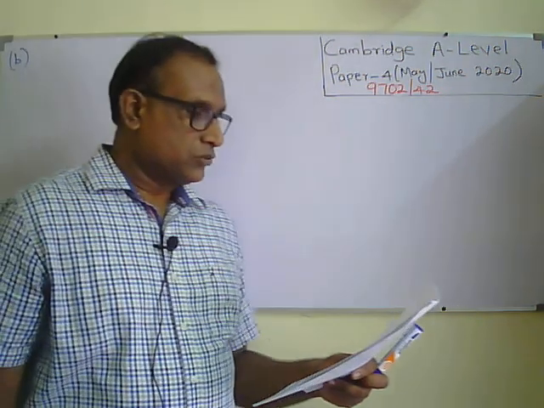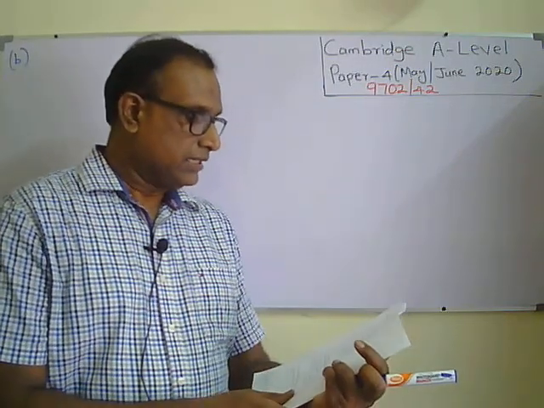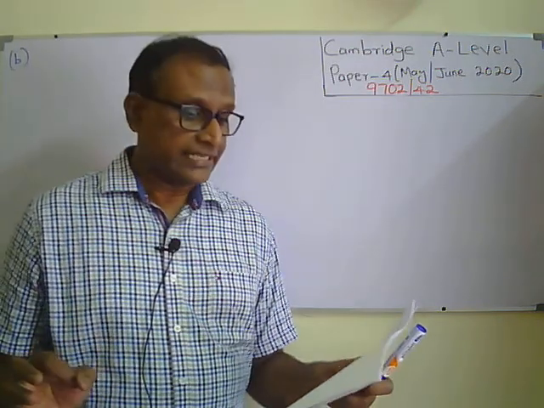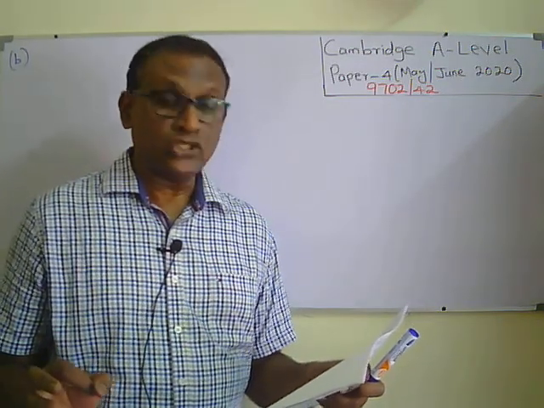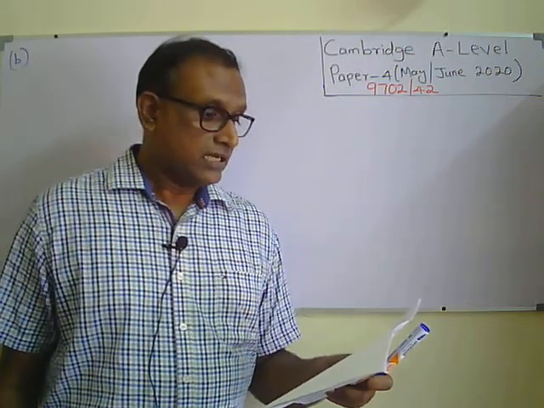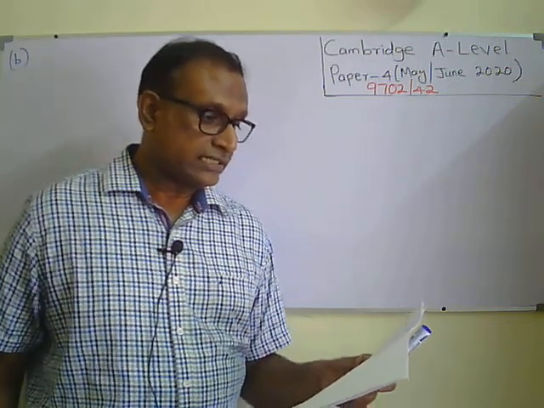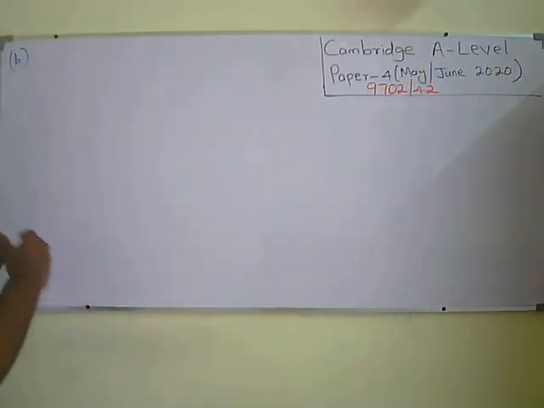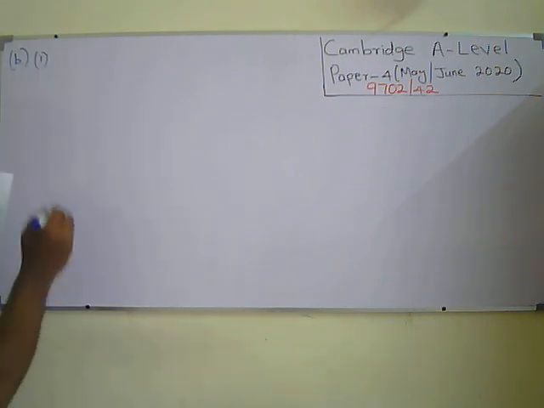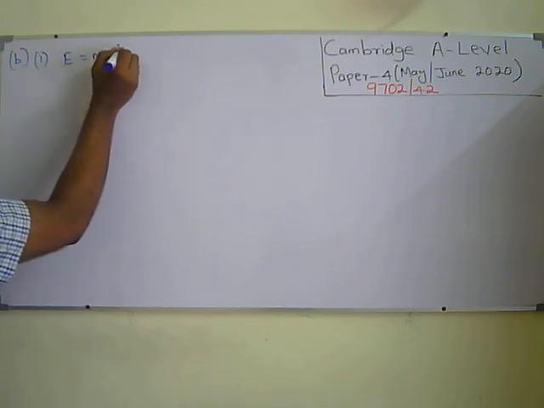Okay, the big part of question number 12, the last question. There's a table: mass of proton, mass of neutron, and mass of the helium nucleus are given in unified atomic mass unit. The first part is: show that the energy equivalence of 1 u is 934 mega electron volt. According to the special theory of relativity, mass has equivalent energy related by E equals mc squared.